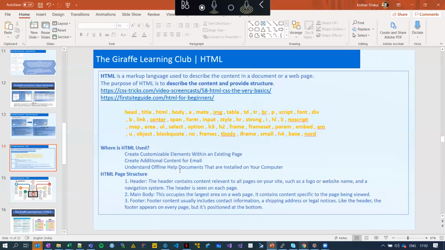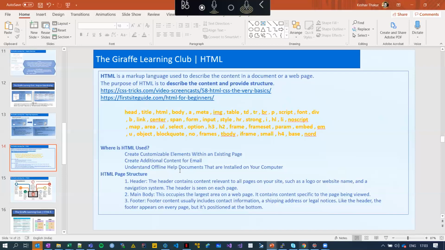Then help documents, when you download some file from the internet, give a reference to links, which could be videos or images, etc. So linking